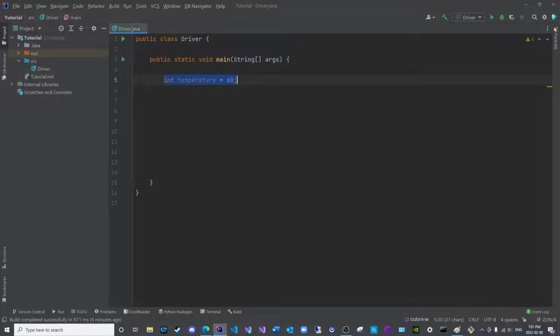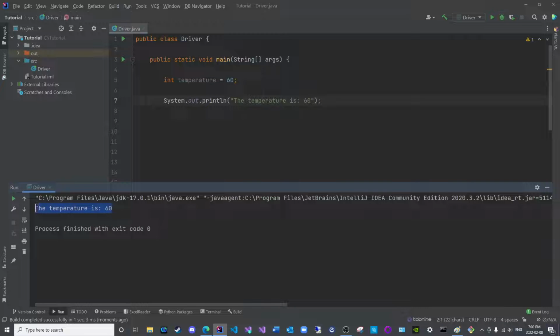So we will have a variable labeled temperature. Now I wish to display a message that highlights what the temperature of the day is. So I will use the System.out.println function. Function is a term reserved for C and C++, though I tend to use the terms interchangeably, to be quite honest. The temperature is, now I can simply say this and compile it and it prints it, but